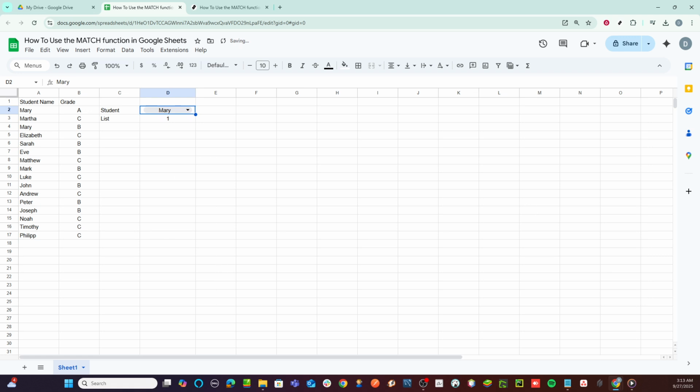Keep practicing with different ranges and values to get the hang of it, and soon enough, you'll be using it